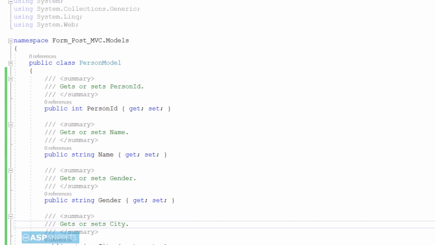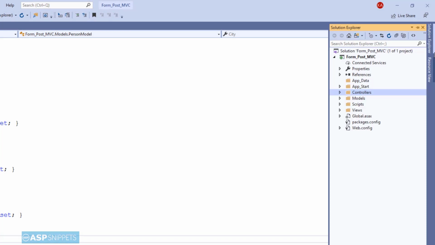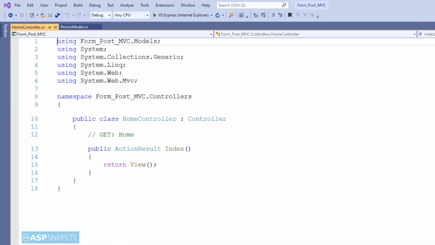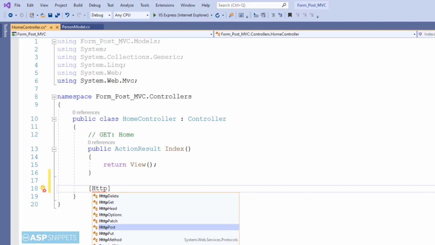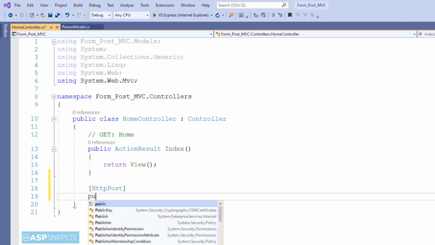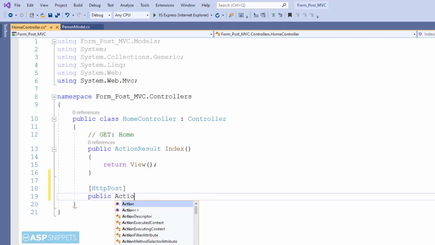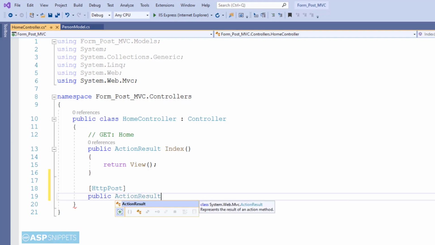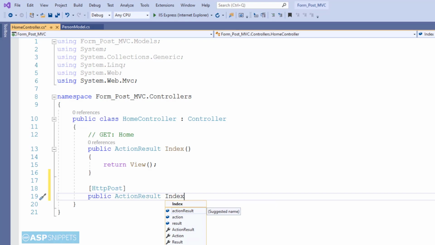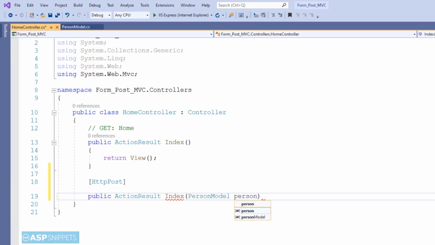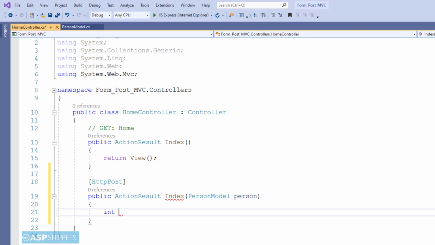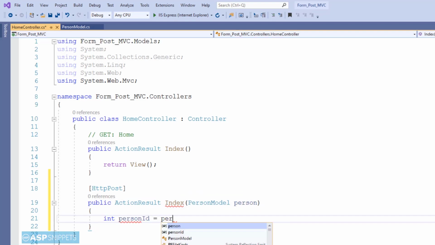Now let's move to the controller. So this is a controller. I have named it Home. Now I am creating an action result method inside the controller. This particular method will handle the post calls, that is, when a particular form is submitted using a submit button. The values will be received by this method and hence it is marked with the HttpPost attribute. As you can see here, I am accepting a model class object of the PersonModel class. That means the values of the form will be received through the model object.